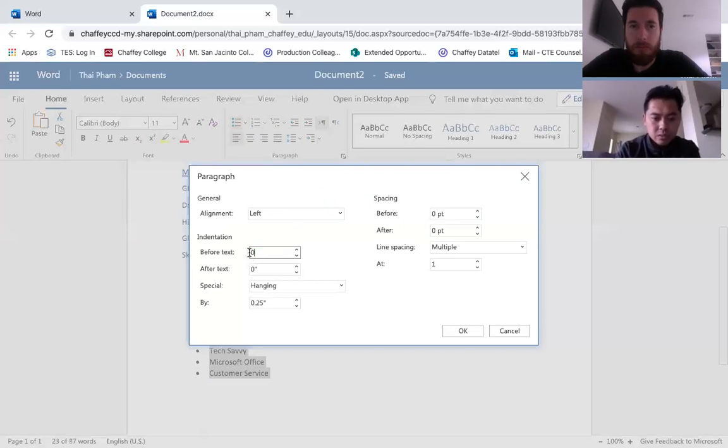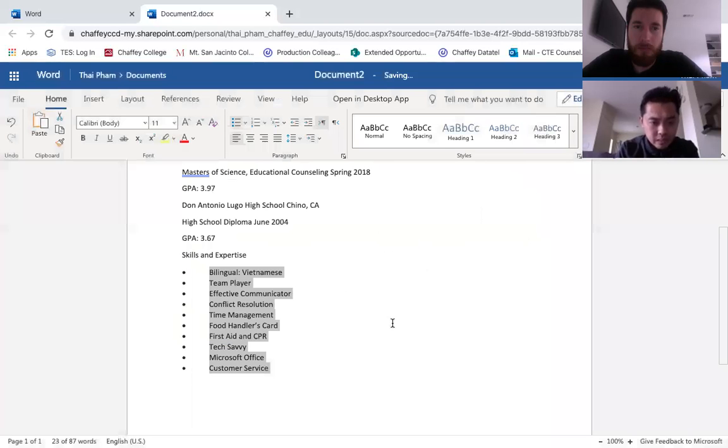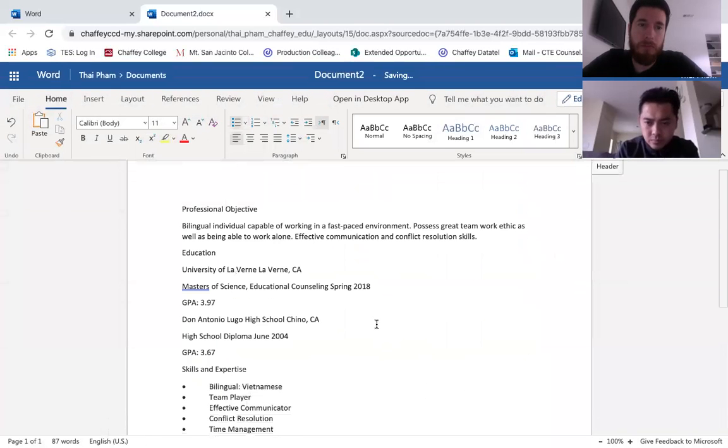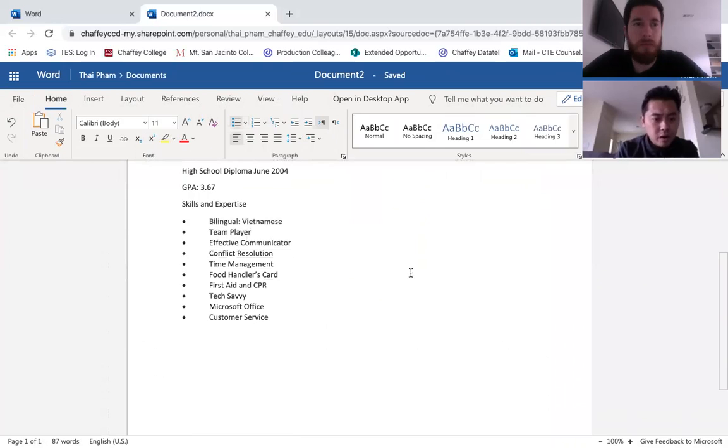So I'm just going to make some minor changes since I'm already here. All my spacings are going to be at 0 for the most part because I just want to utilize all the space that I can. Okay, so we're going to move on here. If you just double enter, then it will remove the bullet point. And the next part is going to be your professional experience.